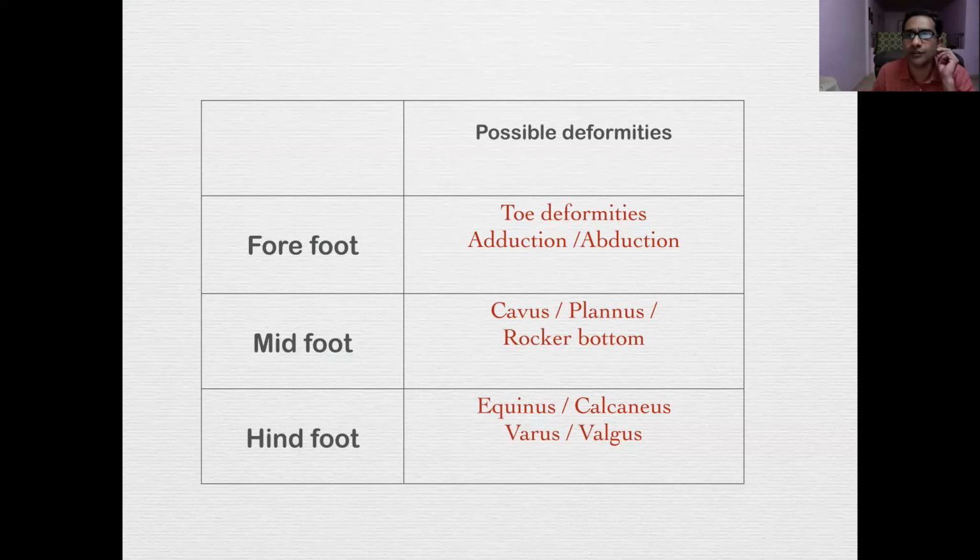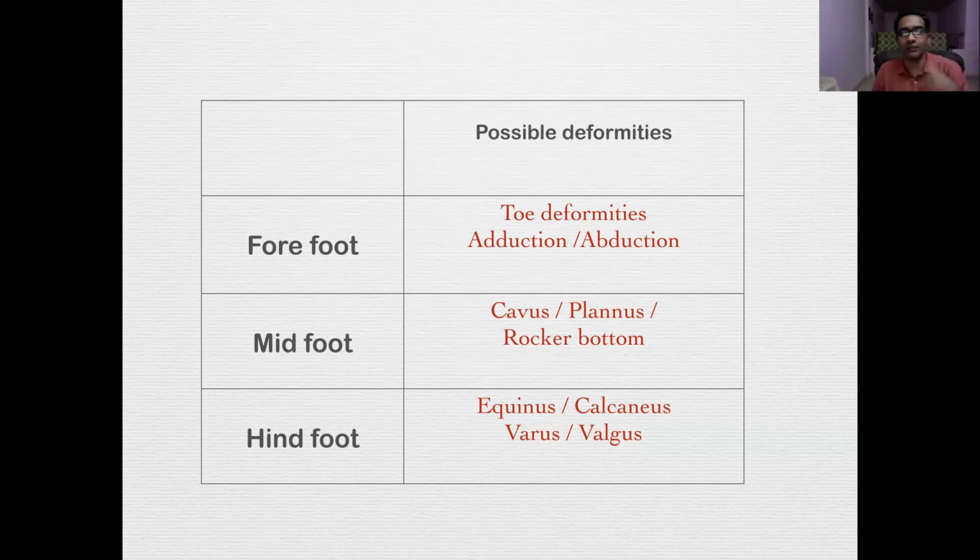In the skew foot, you might see abduction. The apex of the arch is in the midfoot. The transverse metatarsal arch is in the midfoot. So whenever you see an arch problem, it will be in the middle of the foot. You can have no arch, which is a pes planus. You can have excessive arch, which is a pes cavus. You can actually have the arch reversed and it becomes a rocker bottom. So that's a midfoot deformity.